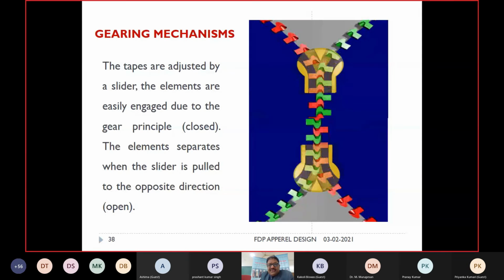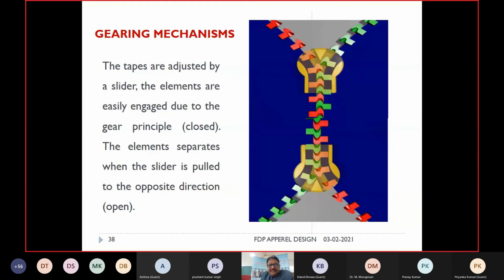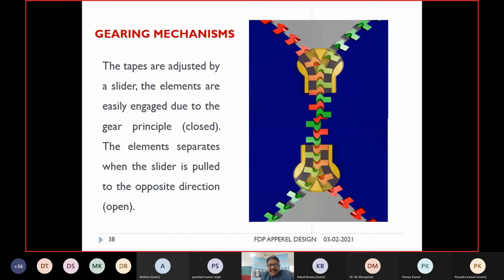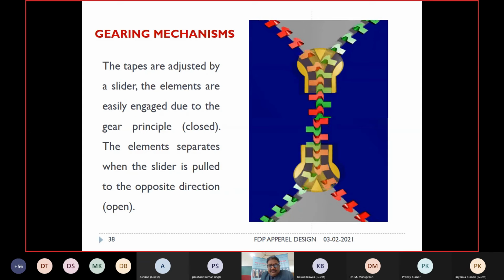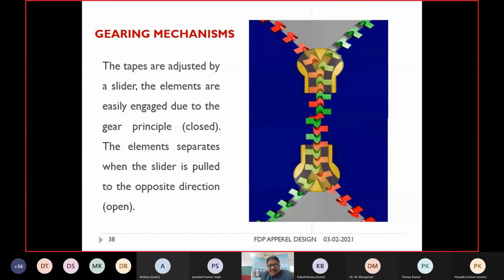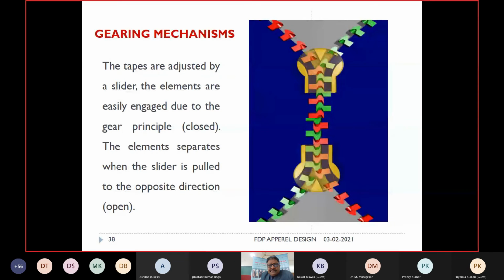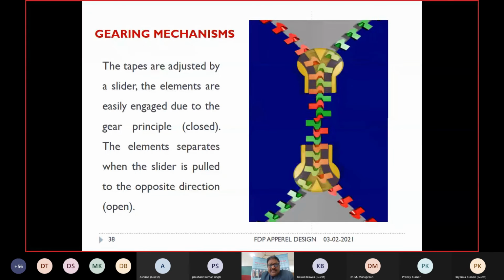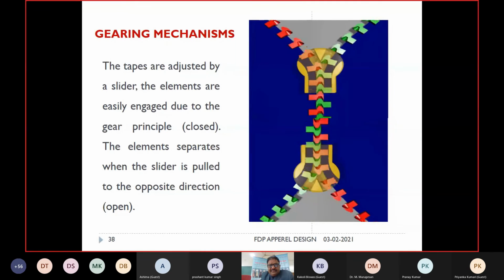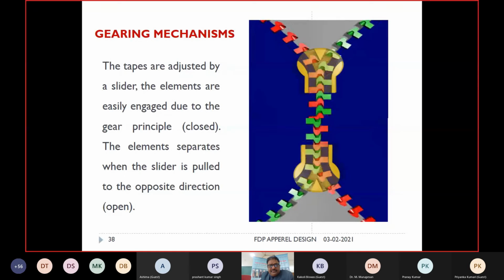So just to see the function of the zipper, it is visible in the running mode. How the teeth of the zipper are joined. You are looking at this running position of the zipper? Yes, sir, it is visible.